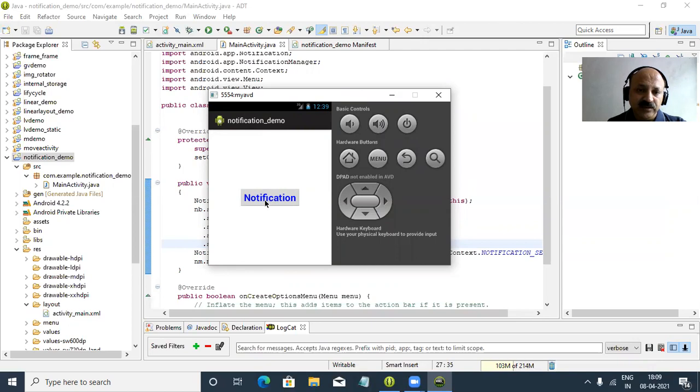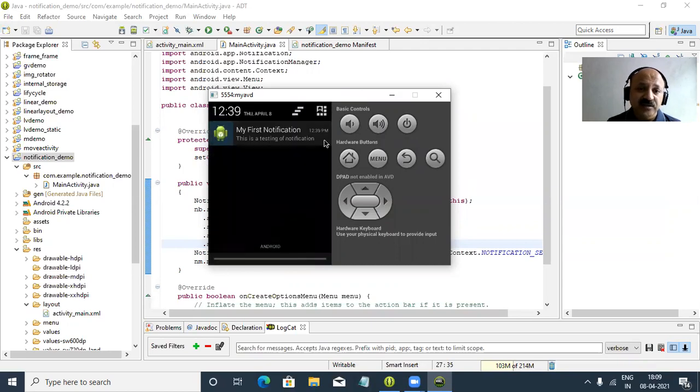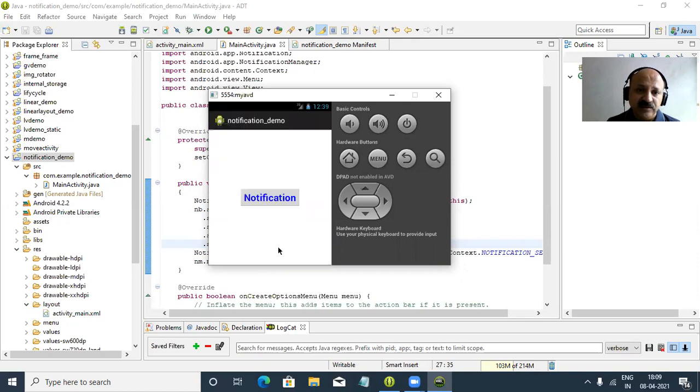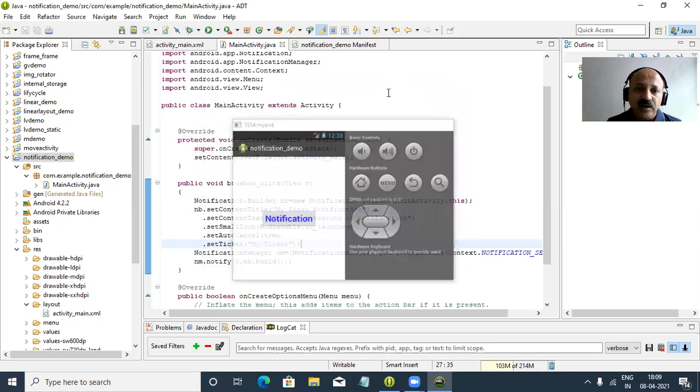Same way here the alert. So you can look here, my ticker. So that icon has now gone. So that is the ticker method. Like on our device, when some message or mail comes in your inbox, the ticker method is an alert that flashes and after that is removed. So in the same way we can use the ticker method.